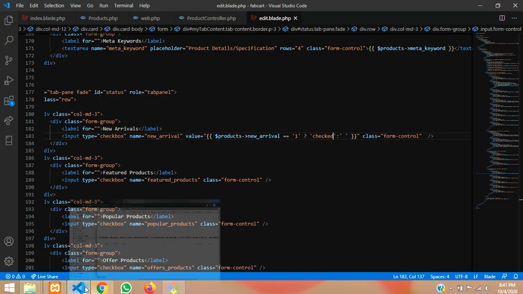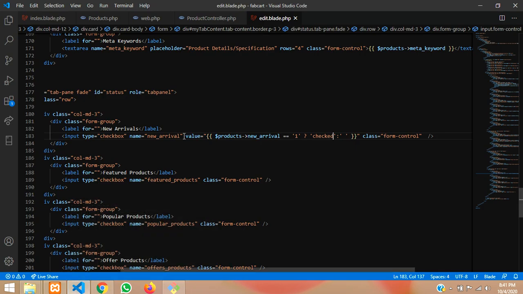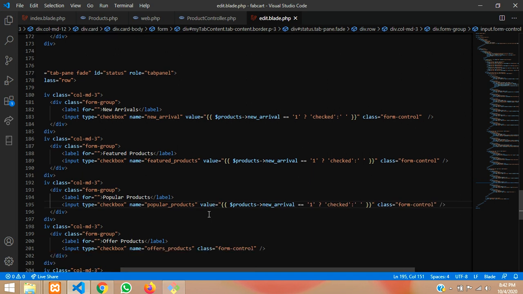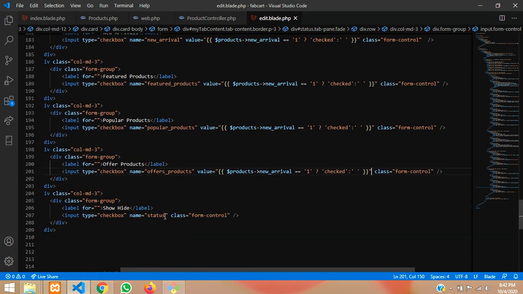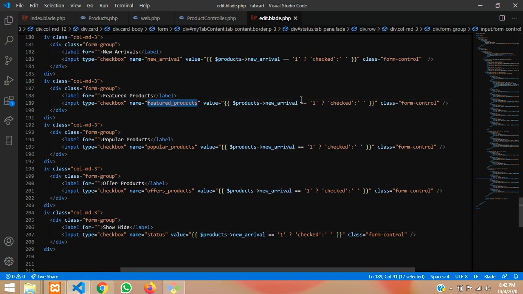Okay, done. So guys, same process goes to this. Let's copy it and paste for this popular products and offer products over there, and then finally status 1. So after this, what we have to do is change the names of it, because each thing is different.